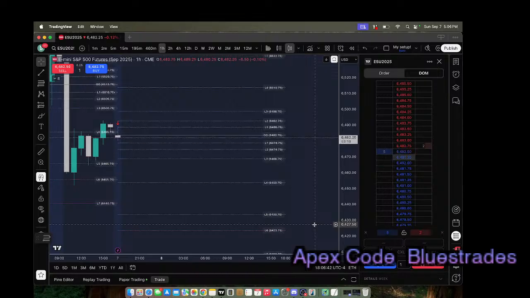So these levels here will be super important for me, like I said, during this Asia session. All the way up here from 64.98 and 3/4 all the way down to 64.68 and 3/4. So I'll just be looking at those levels as key levels for me during this Asia session here. I've got an order to go long there at 64.68 and 3/4, and one to go short there at